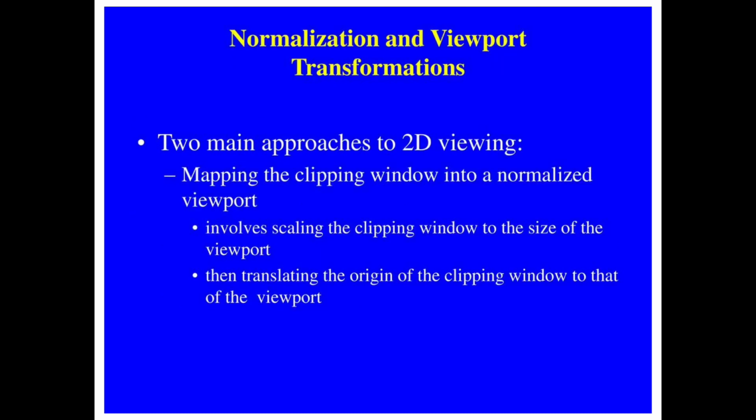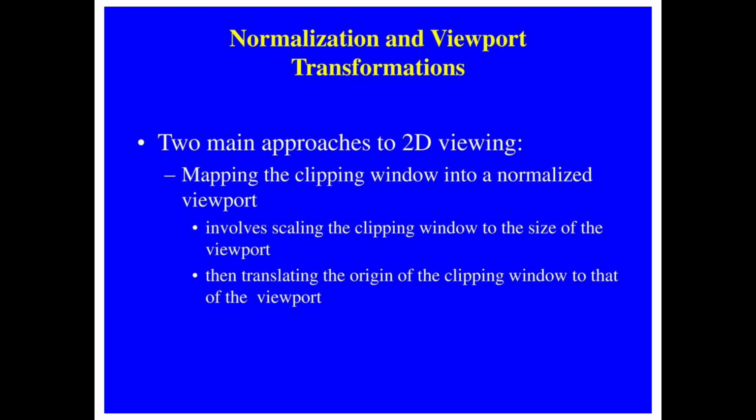Next, the normalization and the viewport transformation. There are two main approaches to 2D viewing: normalization and viewport transformation, and mapping the clipping window into a normalized viewport, which involves scaling the clipping window to the size of the viewport, then translating the origin of the clipping